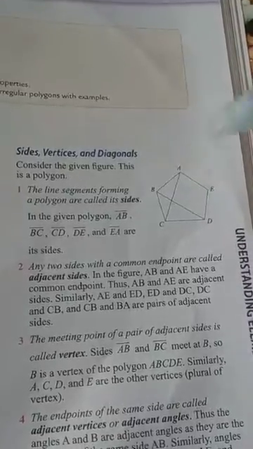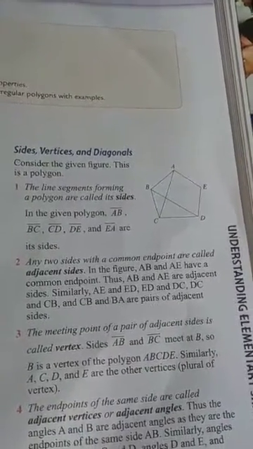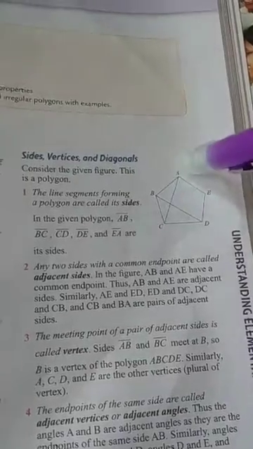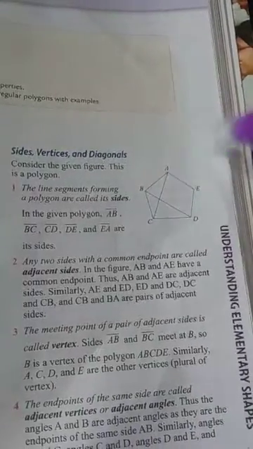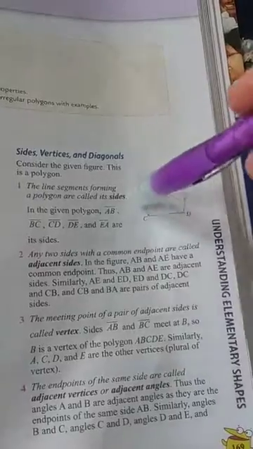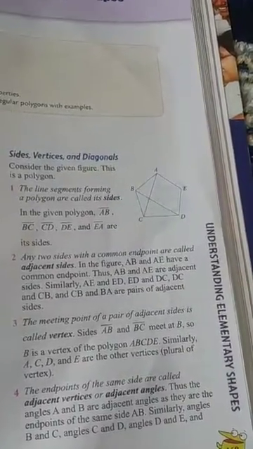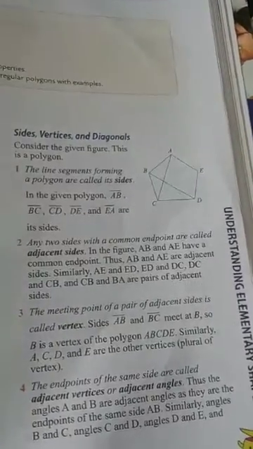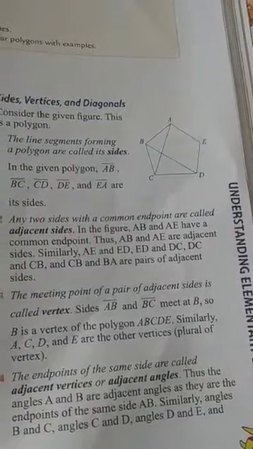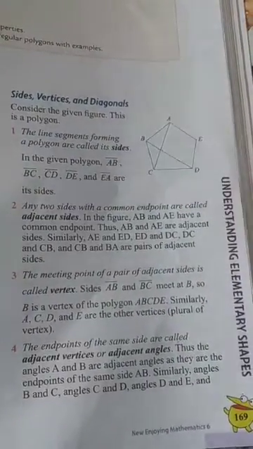So what is an adjacent side? Any two sides we call adjacent when we are having a common point there. Just like this, AB and AE. A is the common point between these two, so these two will be the adjacent sides. But BC and ED are not adjacent sides because they do not have any common point between them. In the same way, the adjacent angles will be like this. B and C are adjacent angles, and B and A are also adjacent angles.